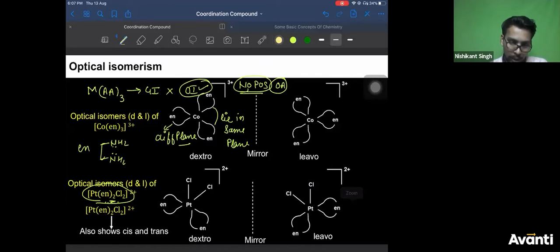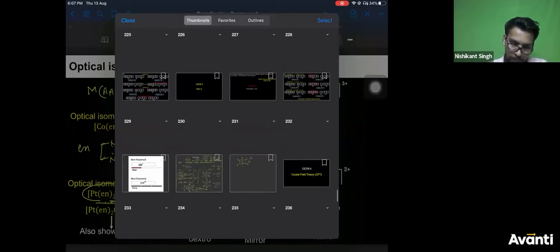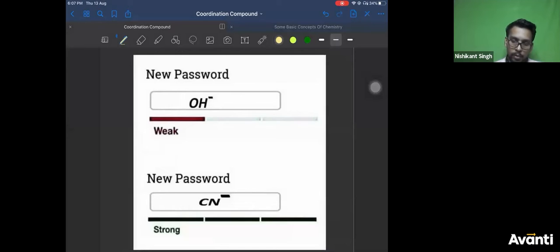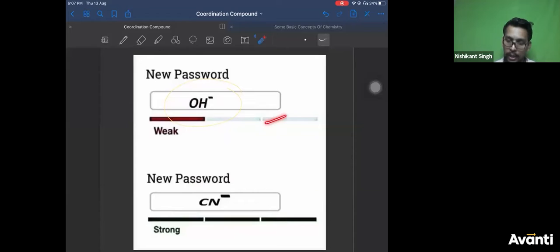Chalo, let's move ahead and take our next topic, that is crystal field theory. So remember this, we'll discuss this again. This is a very important and very interesting one. I don't know how many of you got it, but it's a very interesting one. It represents your spectrochemical series. We have discussed spectrochemical series in VBT. It's a good representation of the spectrochemical series.